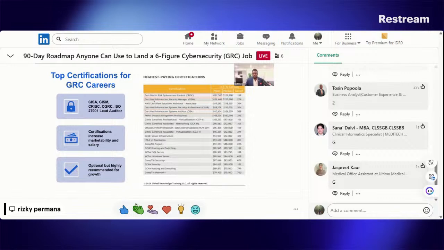Now, if you look at the top IT certifications on the right side, you see CRISC, CISM, CISA. I won't say the full names, you can read them. You will see that some of the top certifications in tech in general are actually aligned to GRC, which is quite interesting. It shows there's so much demand from companies for people who are certified in risk, information security, and things like audit.